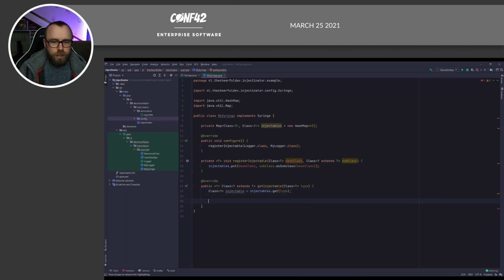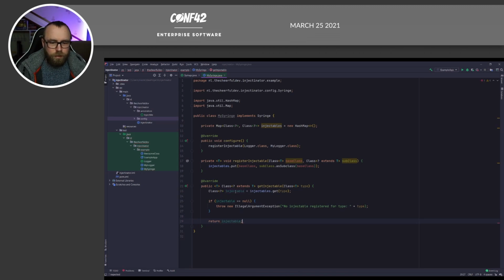If this is null, we'll throw a new IllegalArgumentException, and we can say something like "no injectable registered for type." Be creative with your message, I would say,